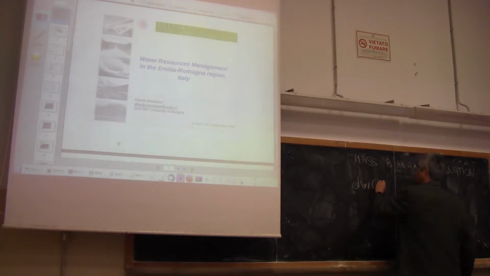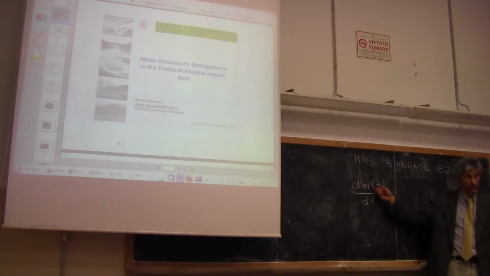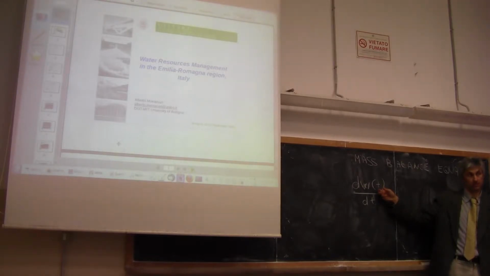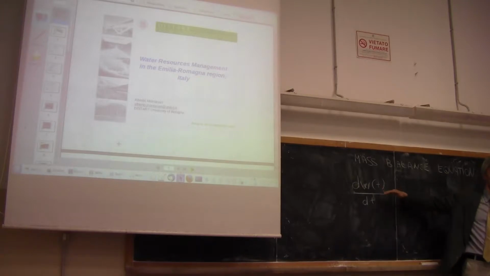If you identify the volume of water which is included in your considered domain with W, which is a time-dependent variable. Again, what is W(t)? It is the volume of water which is included in your considered domain. Again, the domain could be an aqueduct, for instance. Okay? The mass balance equation says that the change in time in differential form of this volume of water is